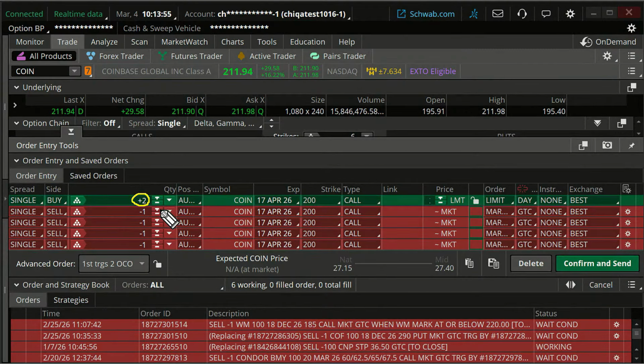Okay. So when we buy, we're going to buy two contracts of this, assuming the order fills. If we go up and hit our first target price, we're going to sell one of those contracts here. It will also cancel the stop that's associated with it. We'll still then have one contract. If the stock then goes up to that other target price, we will sell out our other contract. And then it's going to cancel out our second stop order.